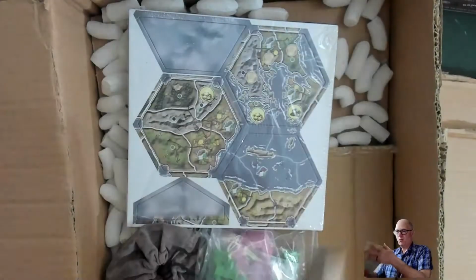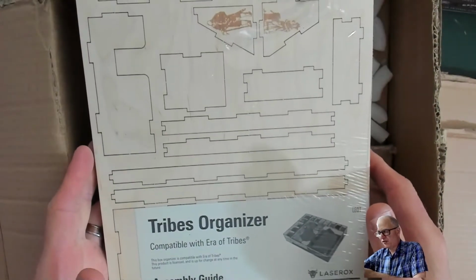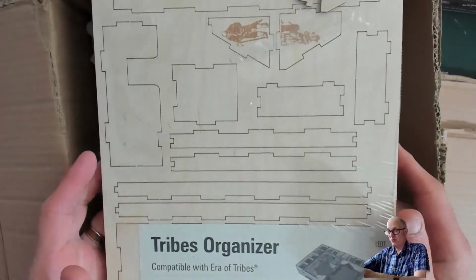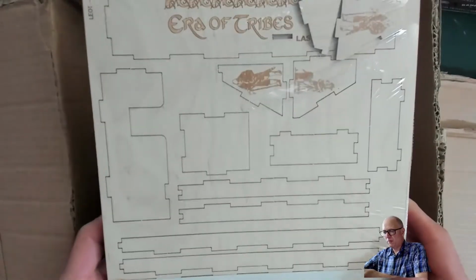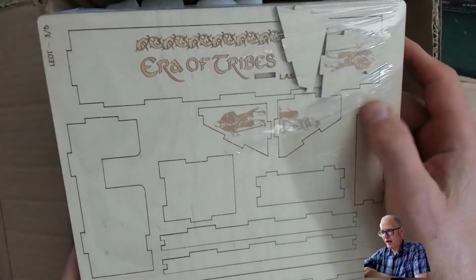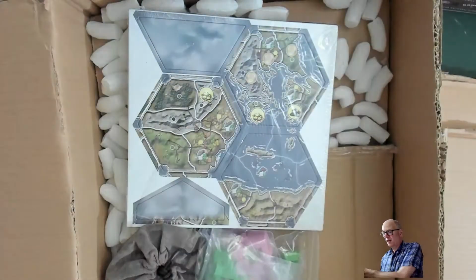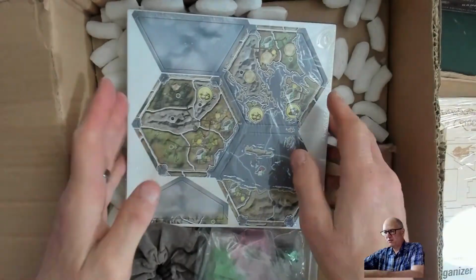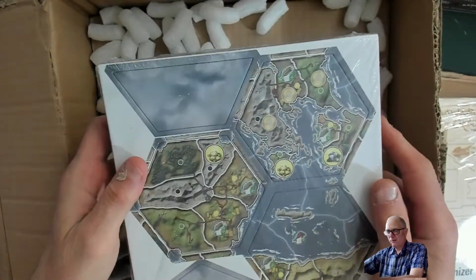First thing we have is a wooden organizer from Laserox. I went all in too, so there is everything in this thing, and I'm going to have to build this. I've never built one before, so I bought some wood glue this morning. I do have a craft knife somewhere, so I'll be looking to put this together probably in the next day or two. These, I believe, are the mobile module